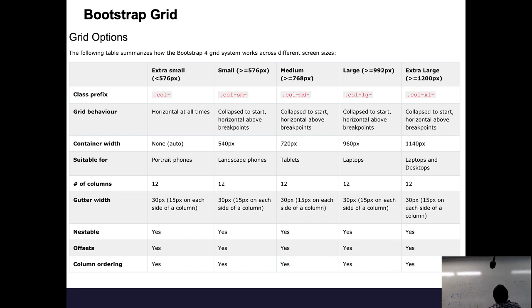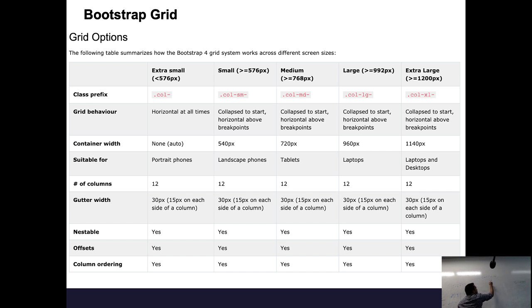I want to use the word parameter because we haven't talked about it. Second placeholder. Let's start with this. What did I say? I had col-dash-something-dash-number. We covered this one, right? This is the number of columns. The middle one defines how your column is going to be rendered on what screen size. Stay with me. How many screen sizes are there? The middle one has a couple of options.